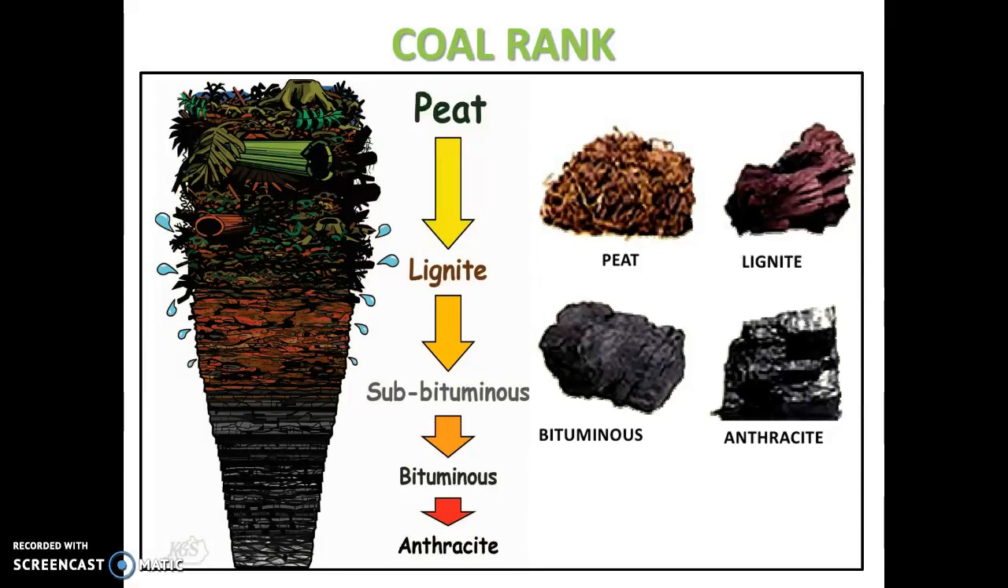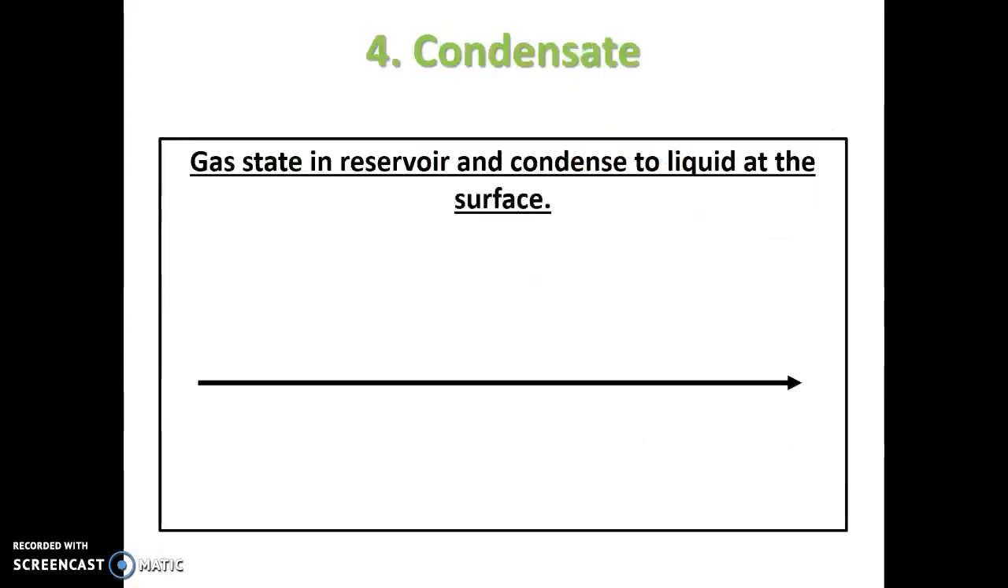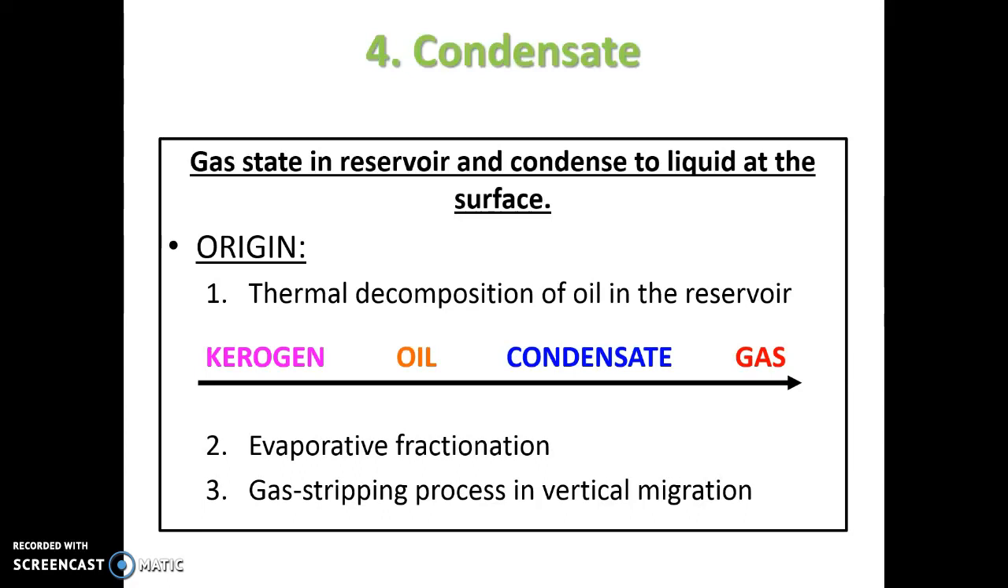So the other source of natural gas is also coming from the condensate. Condensate here refers to the main forms of petroleum in which it is a gas state in the reservoir and condensed to form liquid at the surface. Condensate may have several modes of origin, such as the first one, the intermediate product between oil and gas during the thermal decomposition of oil in the reservoir. And then by the